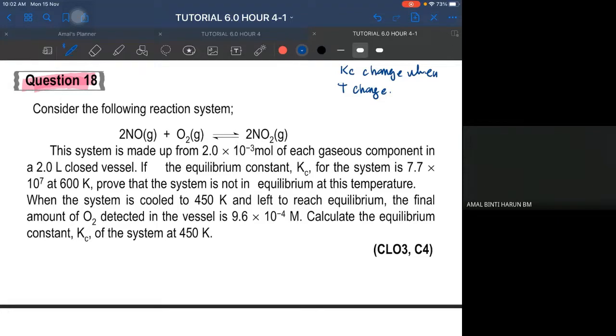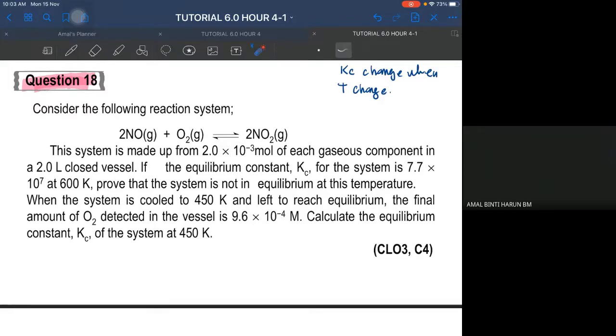Dalam kuliah ataupun dalam buku, you akan jumpa satu formula yang membuktikan temperature dapat mengubah nilai Kc. Tetapi nilai Kc ataupun Kp akan remain constant even if we change the concentration or the pressure. Okay, I repeat, Kc hanya boleh berubah apabila temperature berubah. Baik, sekarang